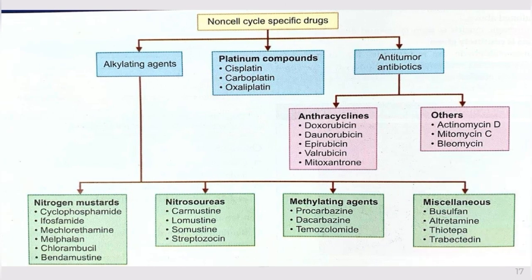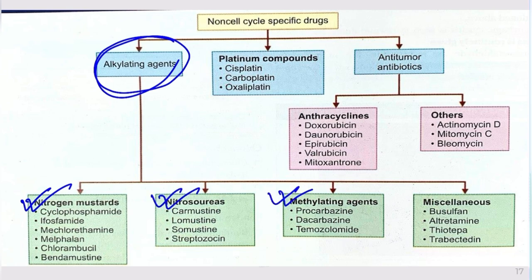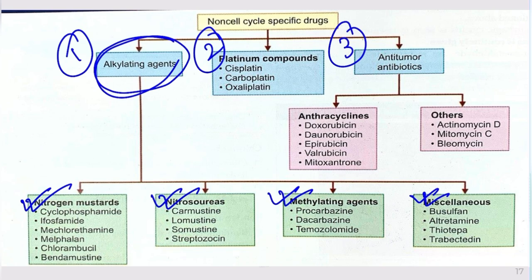So till now I have discussed alkylating agents, mechanism of action, nitrogen mustard, nitrosoureas, methylating agents, and miscellaneous agents. Now, this was number 1, this is number 2, and this is number 3. Now I will discuss number 2 classification. That is, number 2 is